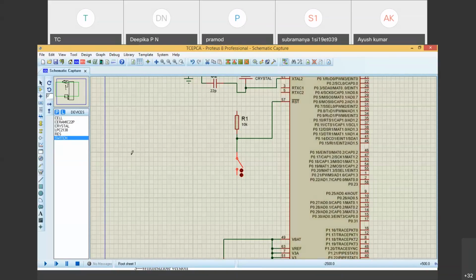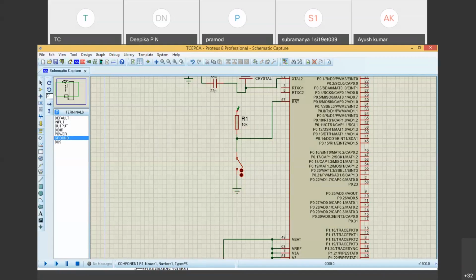That's the meaning. So I need one ground. How to get ground? Go to terminal mode, select the ground, click over here. I'll just click once. Now connect two points. This is the first point.